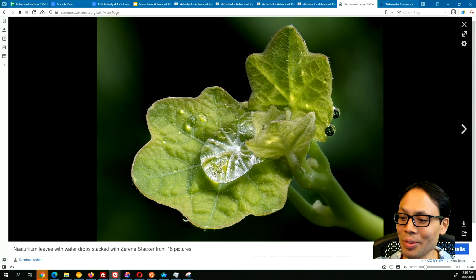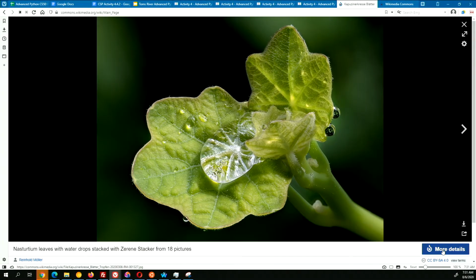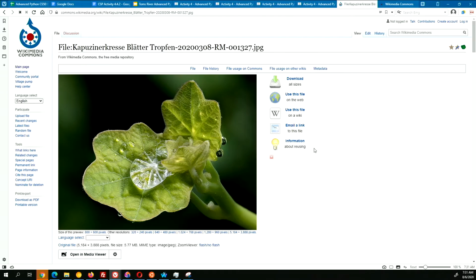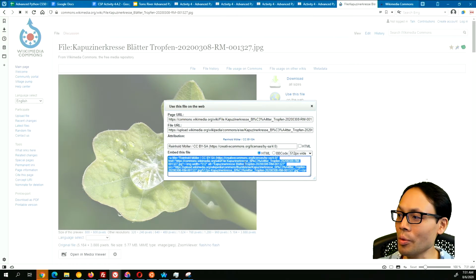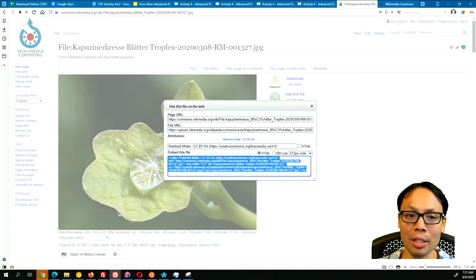And the way I'm going to embed it, first off, I'm going to take myself out of the picture for a second. I'm going to click on More Details, and then I'm going to click on Use this file on the web here. And you'll notice over here it says Embed this file. So when you click on Embed this file, you'll notice all of it's highlighted over here. Go ahead and Control-C that or copy that just to make sure. Then go into your CS50 IDE,